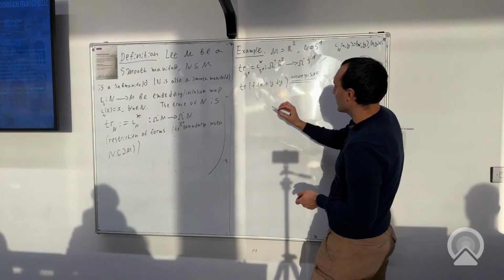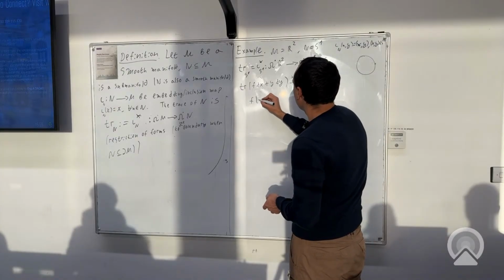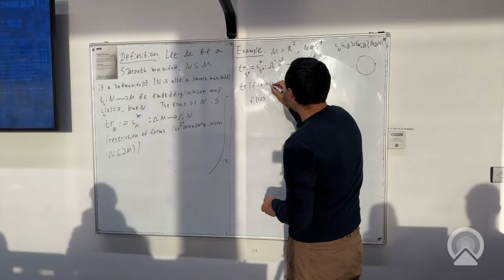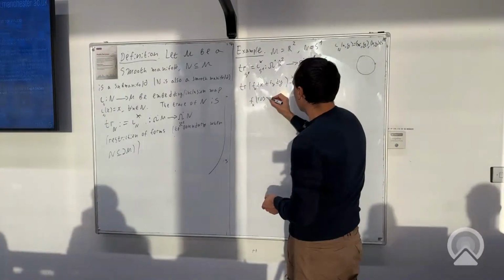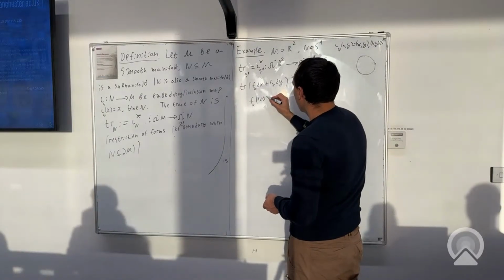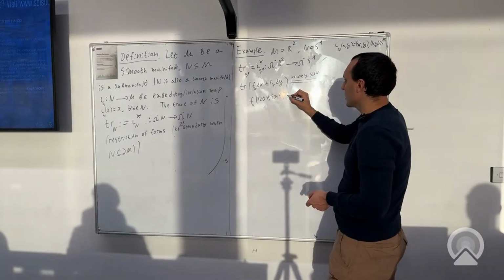And so this is f of cosine phi. So if we have fx and fy, fx of cosine phi sine phi, plus